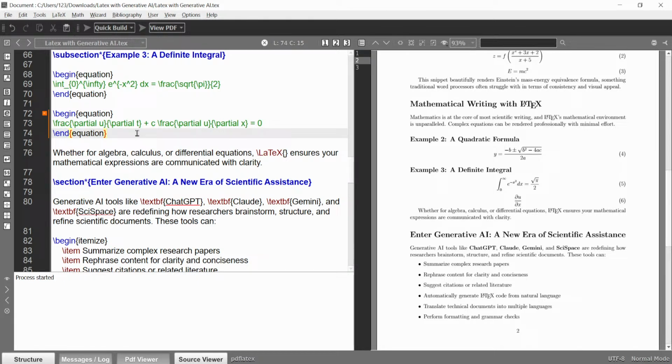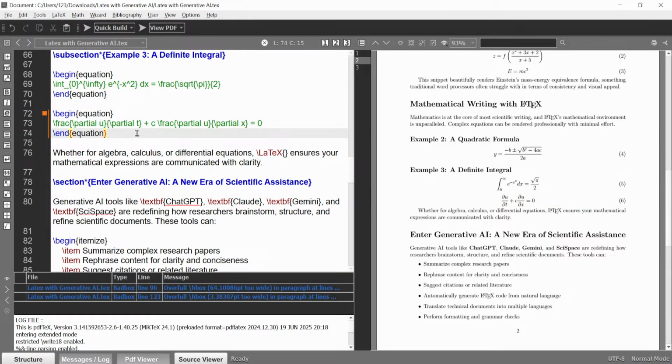We just need the idea why we are using ChatGPT: just to get the idea how we can write the partial differential equation in LaTeX. Why should we waste our time? To save our time we are taking the help from ChatGPT. So whatever challenge you have, you can easily put your prompt. ChatGPT will provide you the syntax, you just need to copy and paste and run the code, and you will have the corresponding expression that you need. And after that you can manipulate and manage it according to your need, and you can update it.